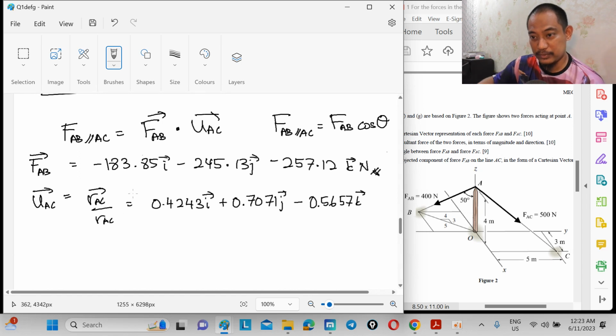So FAB dot UAC. So if we do so, okay. Oh, where's the brush? Oh, the color. So FAB parallel to AC. If you use FAB dot UAC, we have already written there, it will become minus